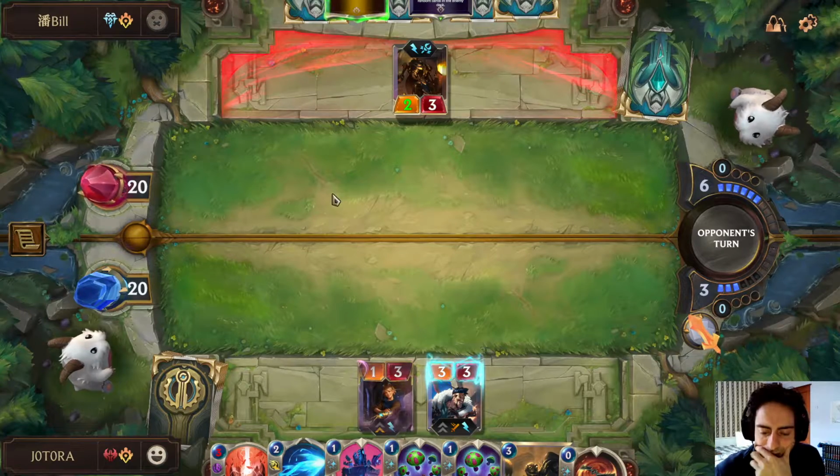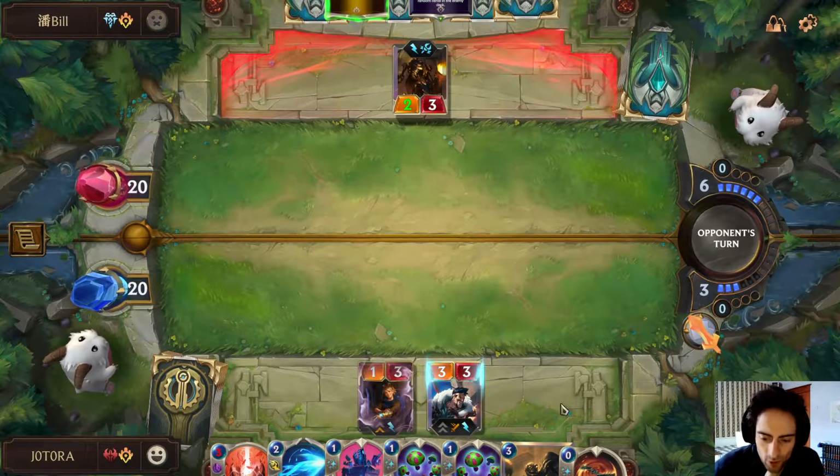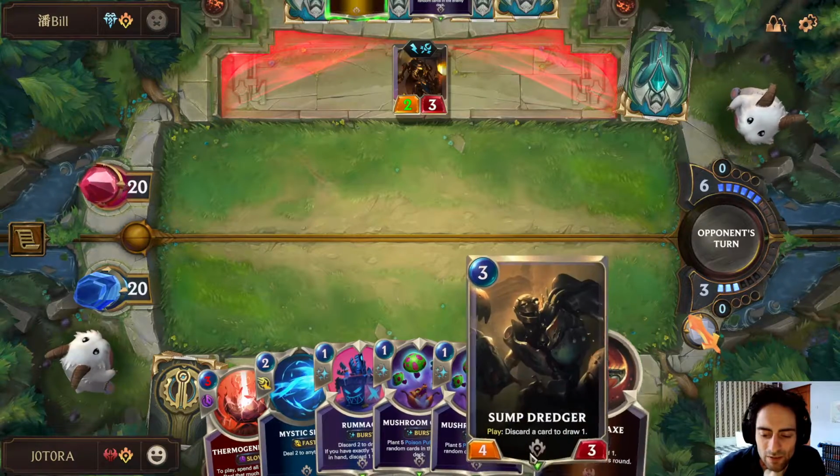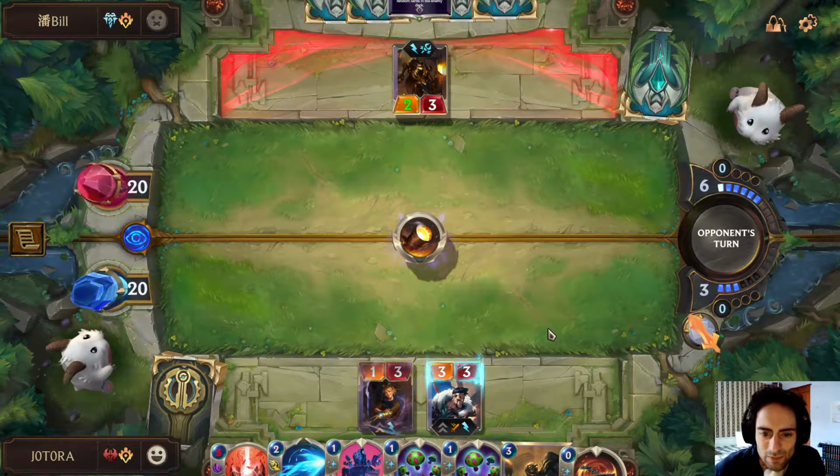I think I like that to start. I might have considered opening on attacks if it wasn't for the Draven. Maybe even Sump Dredger's right, but...